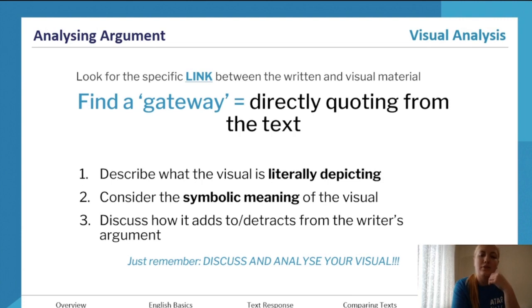Consider the symbolic meaning of the visual. Find 1 to 2 things to analyze. So size, scale, color, symbols, expressions, anything that is relevant, and analyze it just by applying the what, how, why process, except you will not have a quote unless it's a caption. You will just explain, well, if I'm saying it's a symbol that I'm analyzing, explain where the symbol is and analyze it using the what, how, why process.